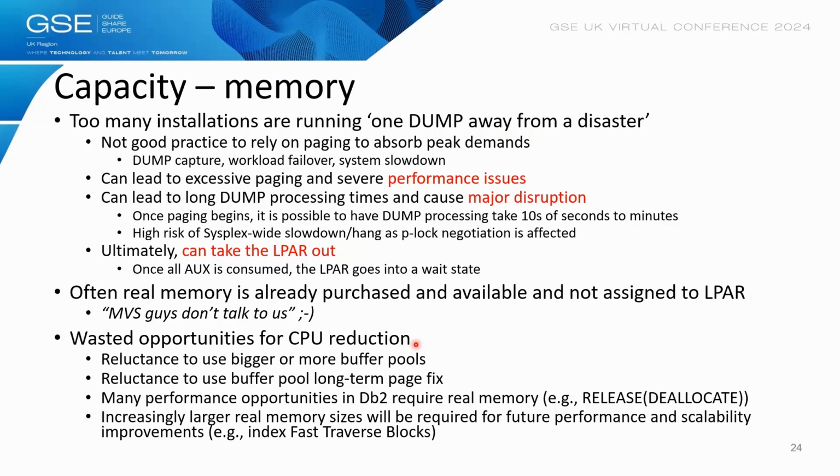And what does dangerously close mean? Dangerously close means lower than the max space setting for the dump. When any address space takes a dump because of, I don't know, a Db2 bug or some other events, it needs to pull out the working memory and write it to DASD. This happens in real memory. And when real is exceeded, we page to auxiliary. And actually, when we page to auxiliary, that's the bad thing because it's slow, right? But actually, it also can take the LPAR out when we run out of auxiliary, right?